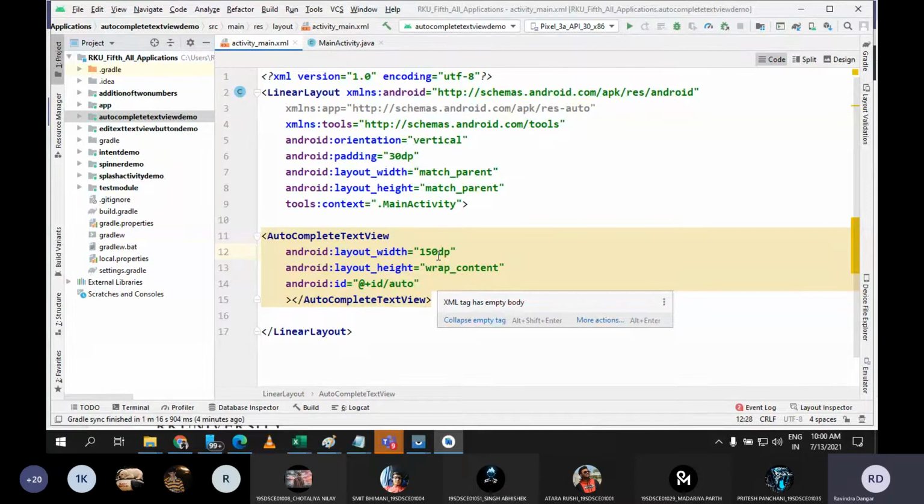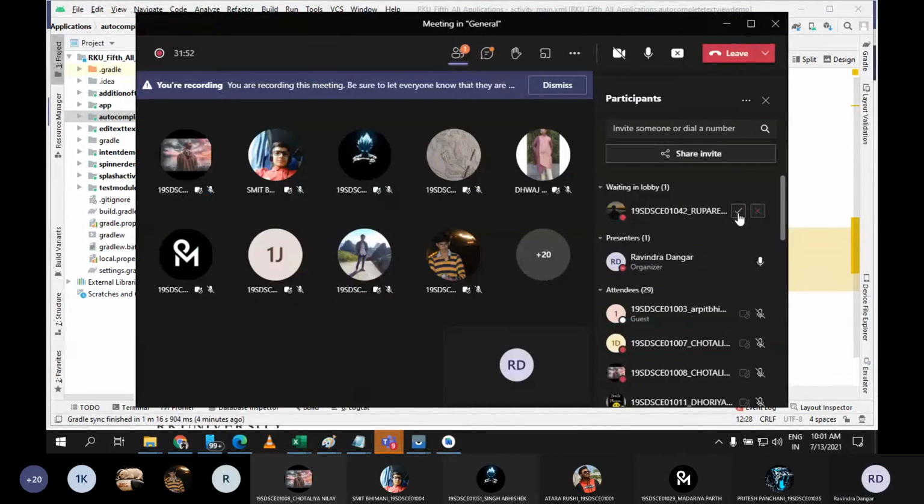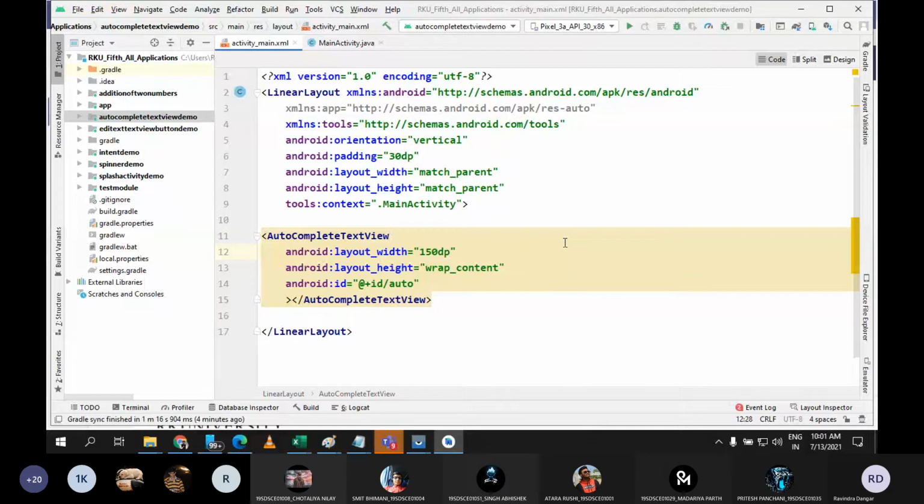So now do we need any other controls in this XML file? Do I need to place any other control? What do you think? Button maybe. Why, what is the need of that button? See, the task of autocomplete text view is, once you write something inside the autocomplete text view, you will get the suggestion.